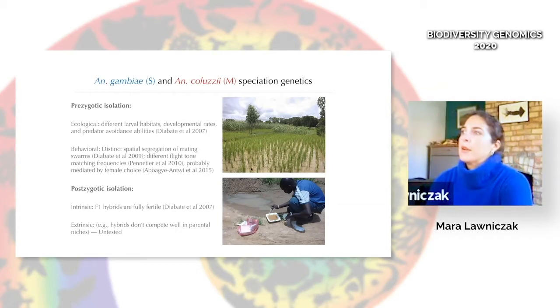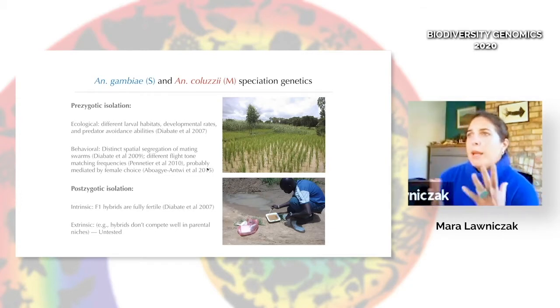And because of that, they also have different developmental rates. Gambi is a more rapid developer, and Kalutsi tends to be able to avoid predators better, probably because it's encountering more predators in these larger bodies of water. There also appears to be a bit of behavioral isolation, but this is obviously very incomplete because there's lots of